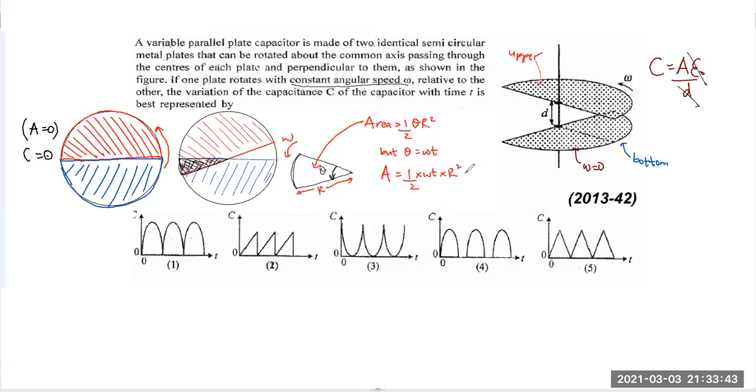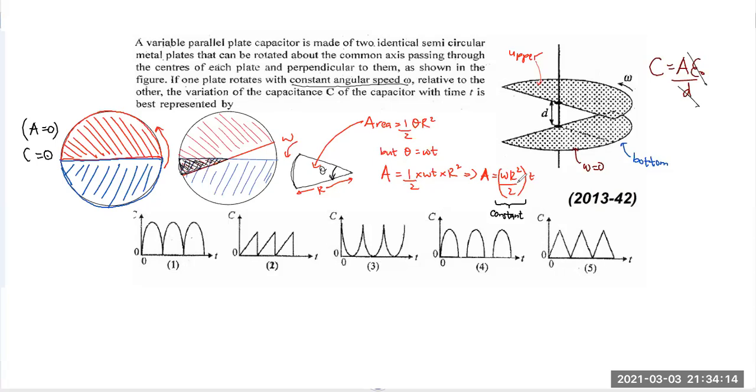So if I write that equation once again, A is equal to omega r squared over 2 into t. Now, what can I say about this part, this whole thing? That is constant, isn't it? Why is it constant? Omega is constant, given in the question. R is the radius of this disk. That doesn't change. It's constant.